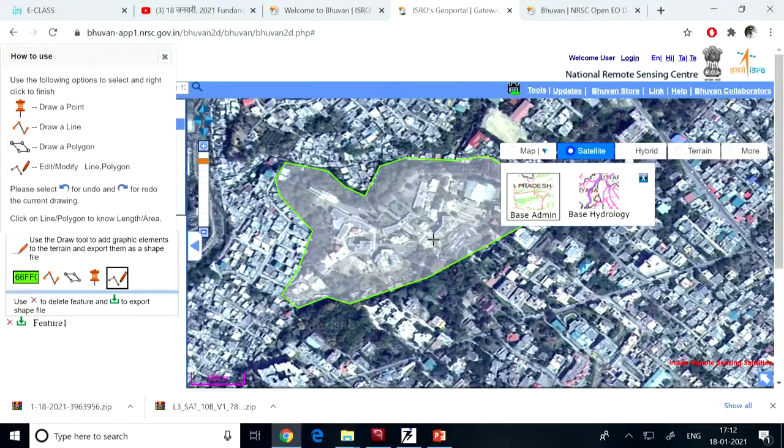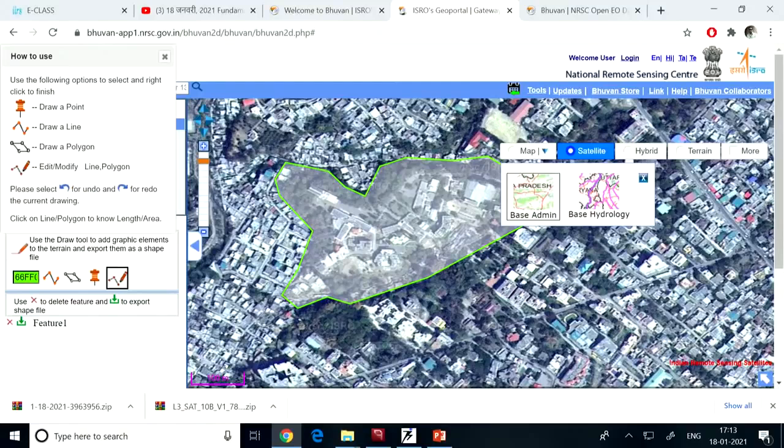Similarly, you can download these vector data from different sources. OpenStreetMap is one popular download source from where you can download a lot of vector data sets. Natural Earth is another web portal which allows you to download again the vector, not only vector but some sorts of raster data sets also. USGS Earth Explorer is the portal which allows you to download more satellite data sets.